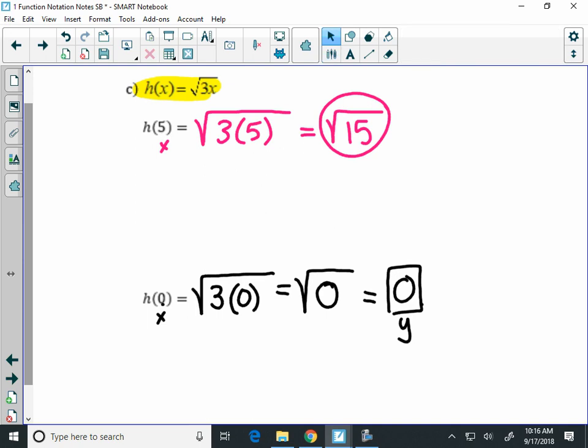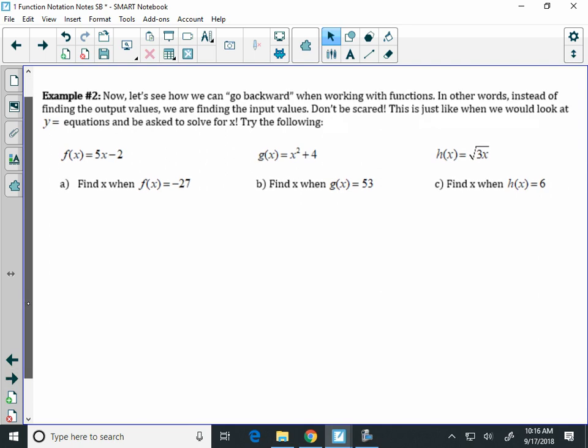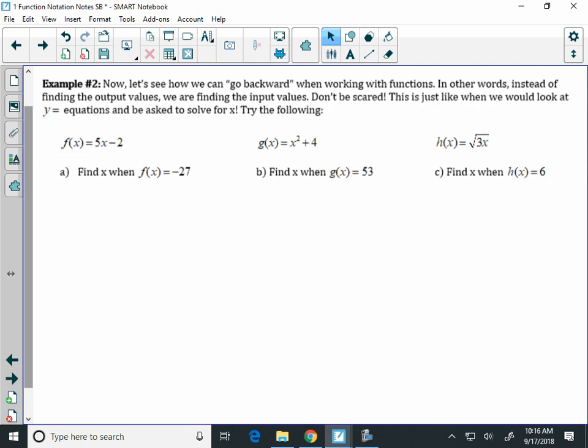Well, that's pretty easy. When I have function notation, if I have a number in the parentheses, I can stick it into the function. But now, we're going to kind of go backwards. We're going to switch things up a little bit. This time, I'm going to start with the function f of x is 5x minus 2. And the directions here say, find x. That means you do not know